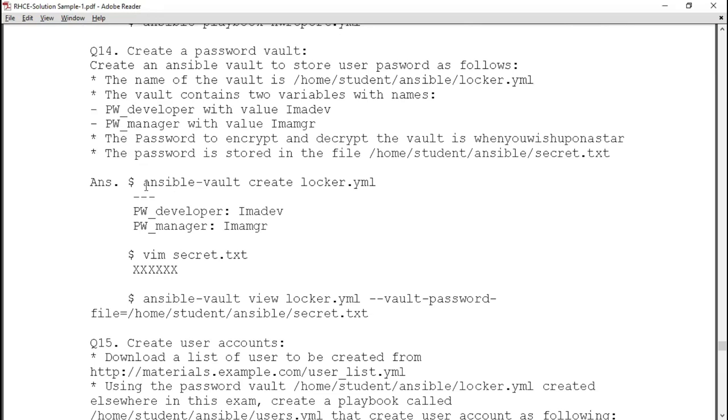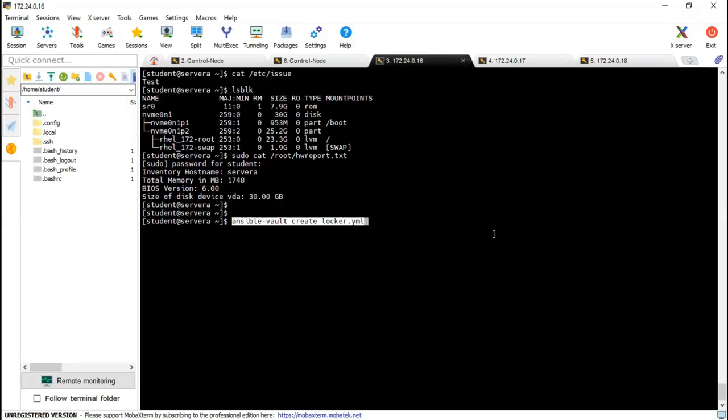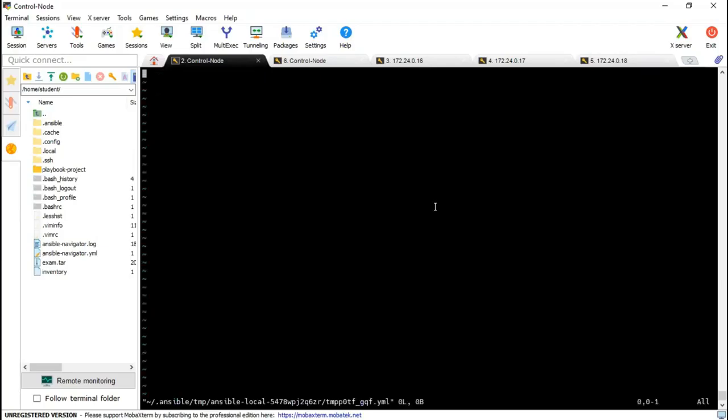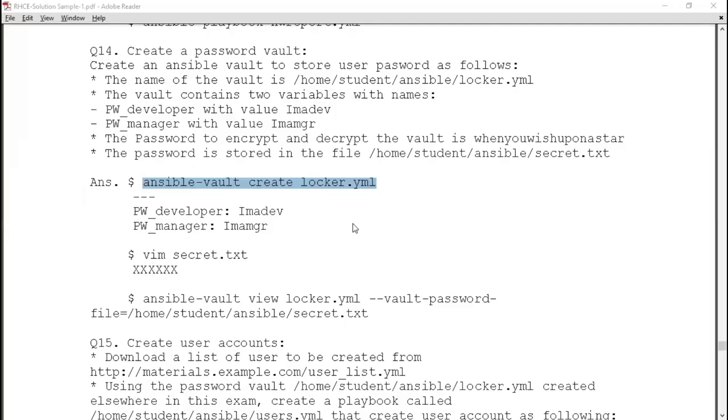So you can see we will create the vault locker.yml. And you will give the password defined in your question. I'm giving some random password at this moment. And here it asks me to set the variable.